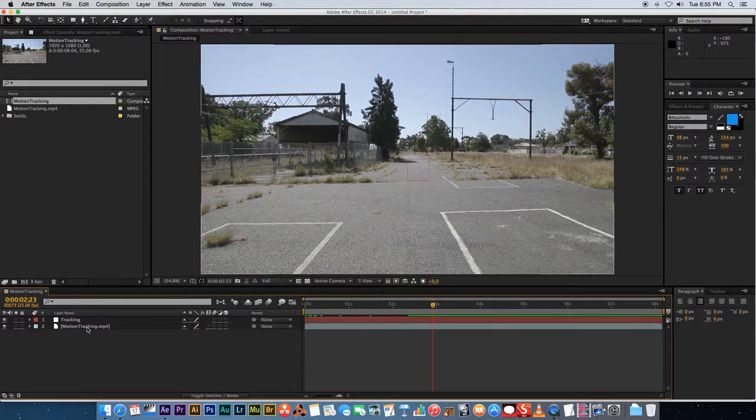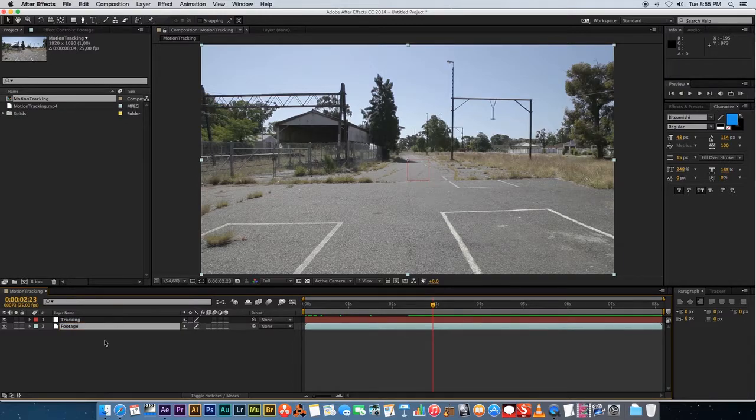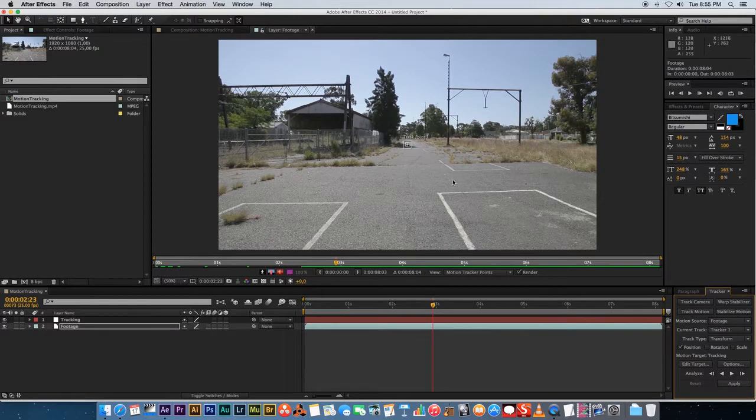Then we're going to start tracking our footage. So first of all, let's rename this layer, so click on it, hit enter, and let's call it footage, hit enter to confirm that. And with the footage layer selected, we're going to go down to the bottom here on the right hand side, and we're going to click tracker. So we're going to be looking at the track motion. So you're going to click this track motion button to enable that, and this will create a tracking point in